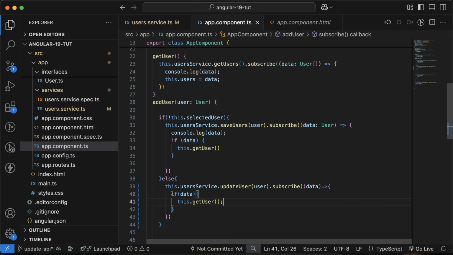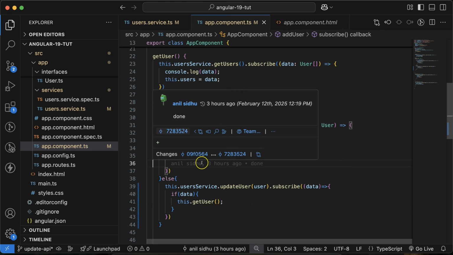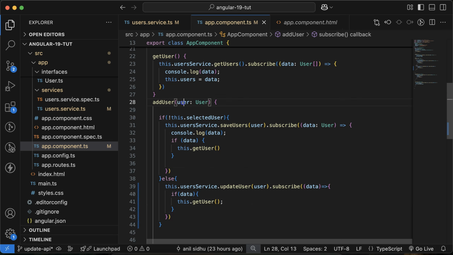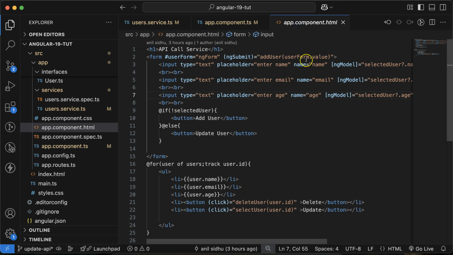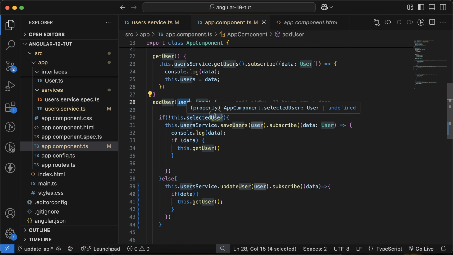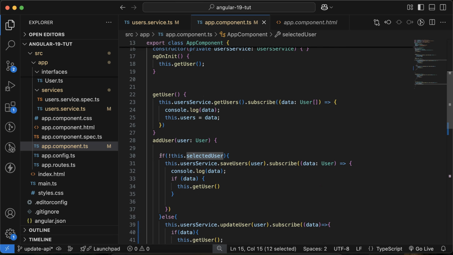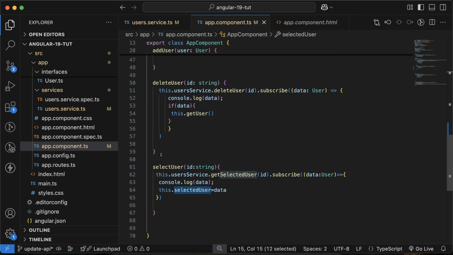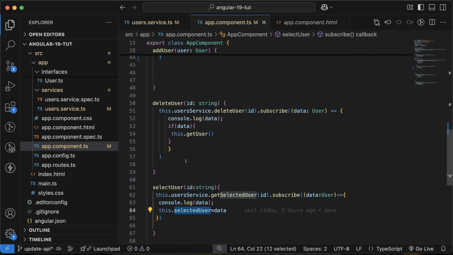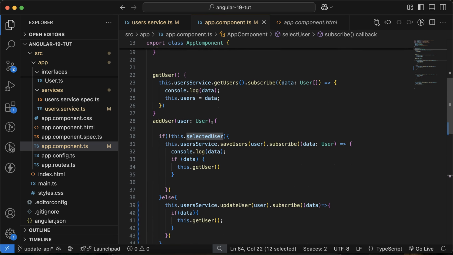All right, and then one more thing which is very important. This user has only three pieces of information: name, email and age, but we need the ID also. Then how can we get this ID? You can get the ID from the selected user, right? Because here we are updating the information while we have selected one user, right? So now what you can do,